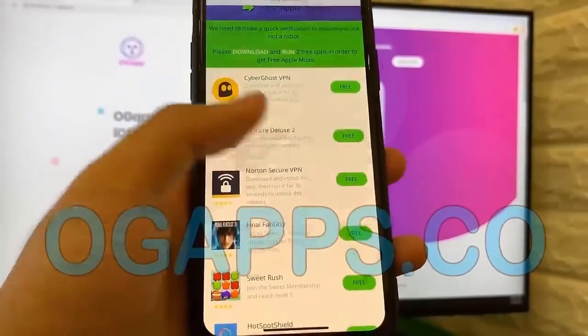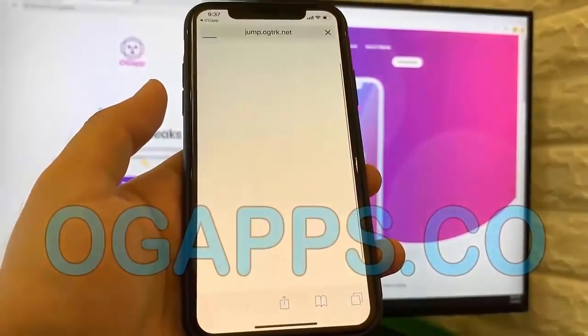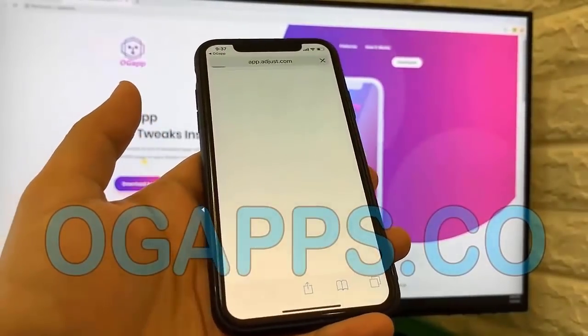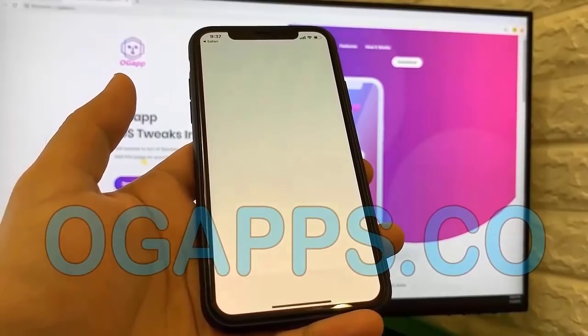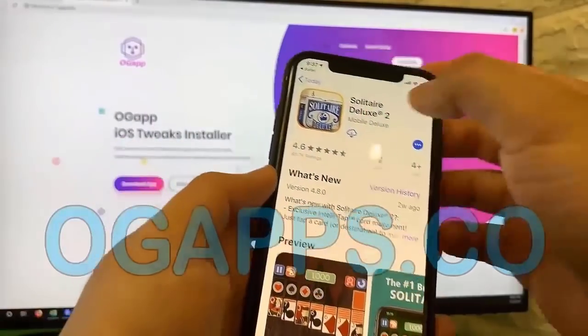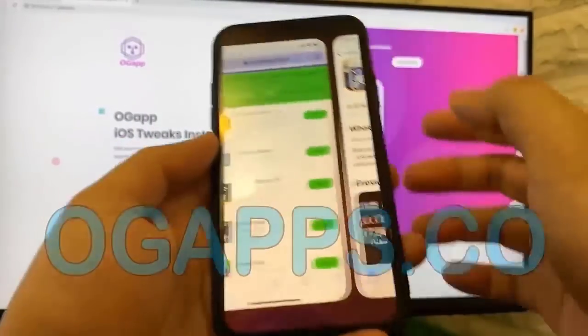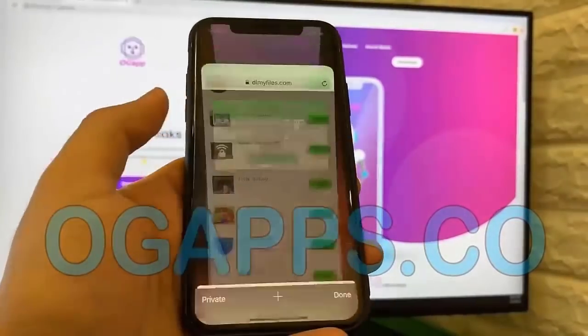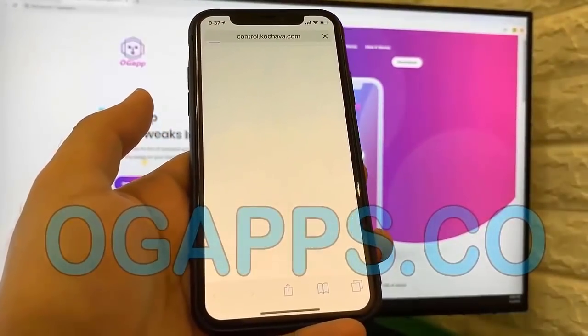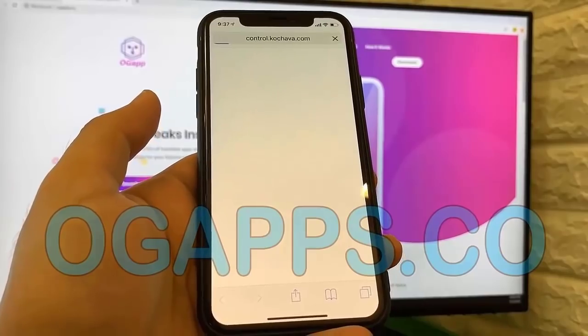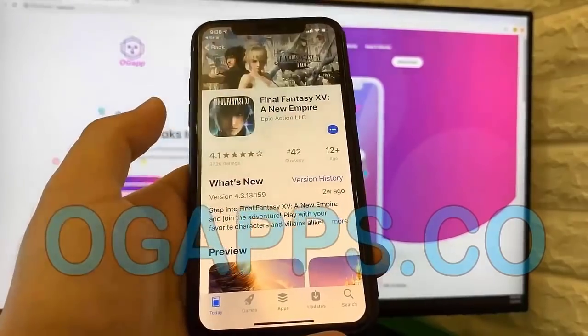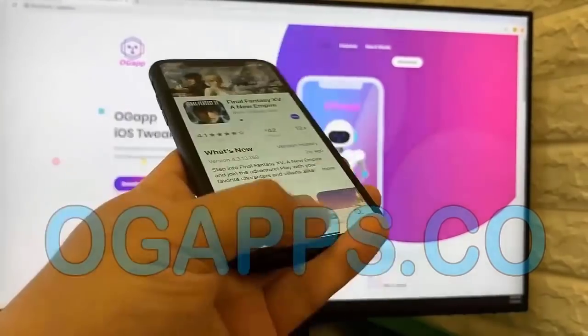This is just for verification that you're not a robot. So just install 2 apps from that list and follow the instructions below each app you install. You can install any 2 apps you want. In this case, the first app I personally selected was Solitaire Deluxe 2, and the second app was Final Fantasy. But like I said, you can choose any 2 apps from that list. As long as you follow the instructions and you're on the app for at least 30 seconds, you will pass